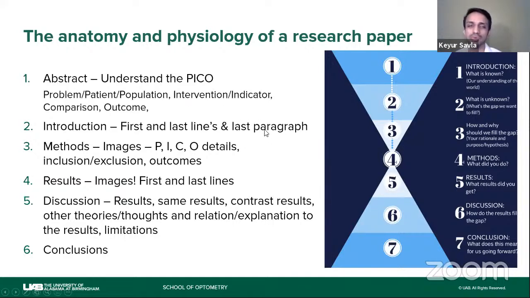Intervention, what they're trying to do, like are they fitting contact lenses, or giving them a drug or something like that. Comparison, who is their comparison group, what are they comparing to? Okay, this was done previously and now this is done, or there are two groups. And the outcome, what outcomes they are trying to measure. And sometimes in the results, most of the time in the results, you will also have